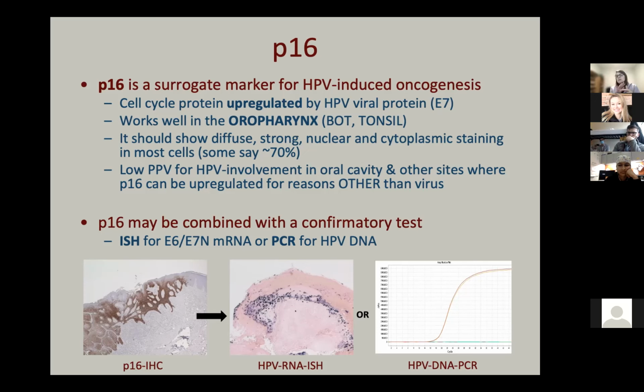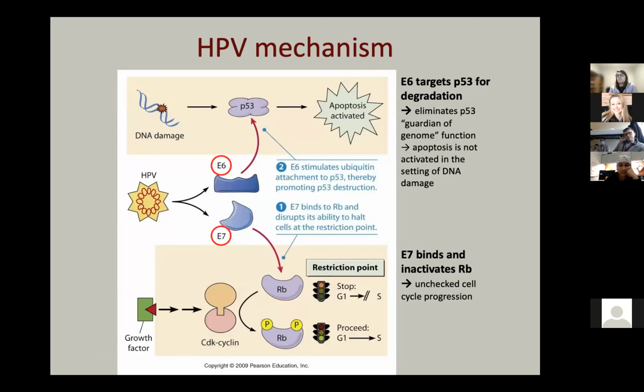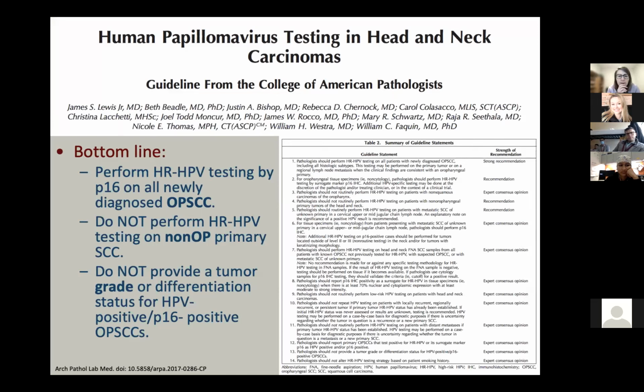So when you see P16 being positive in a site that is not this characteristic site, you always would want to do a confirmatory test to determine whether it's positive or negative. If you are in the appropriate site with the appropriate morphology and the appropriate diffuse P16 expression, then you're pretty much guaranteed that it is HPV positive. Okay. Can I ask another question? Yeah. So say you get an oral tongue cancer, like here, do we even run P16 or